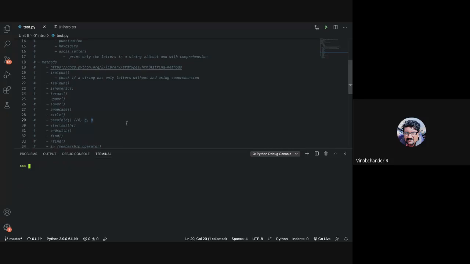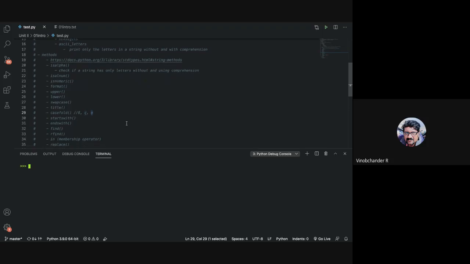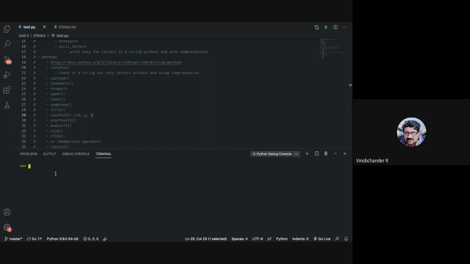Okay, so starts with, ends with, find or find n, and then we have replace, right? Replace, what does it do? With the name replace, what can you guess, guys? Any guesswork? Replaces? Yeah, it is used to replace a substring within a string, or it is used to replace any particular character or a set of characters within a particular string with the string that you want to replace, right? So let us see an example.